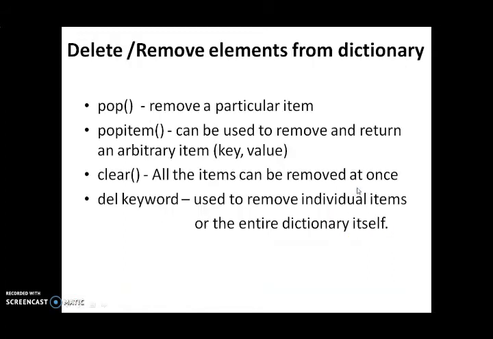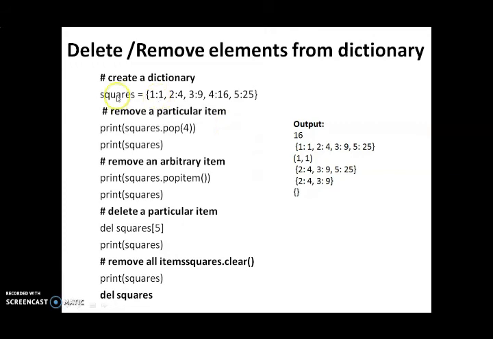Next we are going to see how to delete or remove the elements. Here we are having 4 options. Pop is nothing but removing a particular item. And popitem, you can just give the key value. If you are giving the key value, that particular item will be popped out from the dictionary. Clear will remove all the items and it will clear all the items at once. Del keyword will remove the whole dictionary itself. Clear will be removing all the items where your dictionary will be empty, and del keyword will be deleting the whole entire data. So this is an example you can see here.